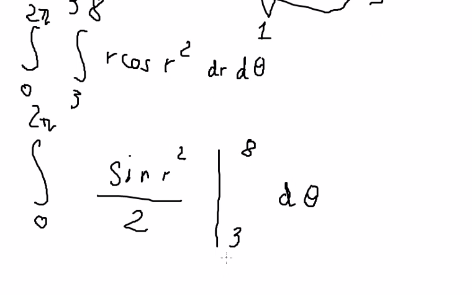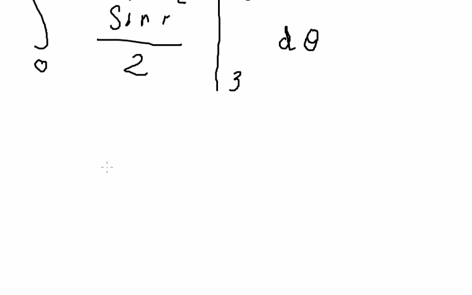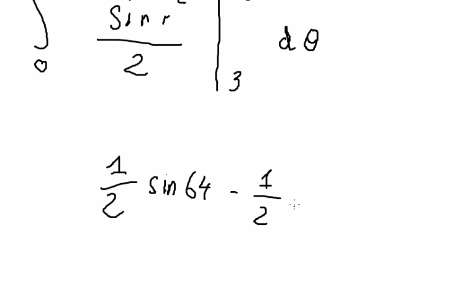So we put 8 and 3 in here. You got 1 over 2 sine 64 minus 1 over 2 sine 9,